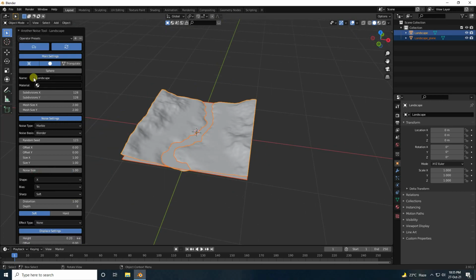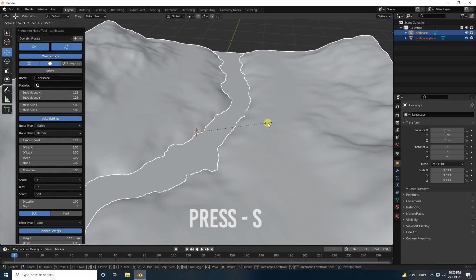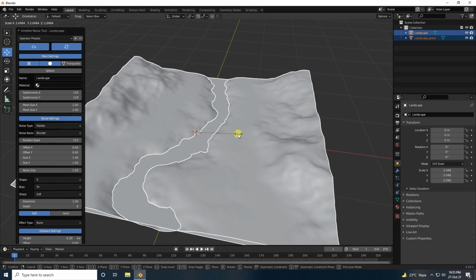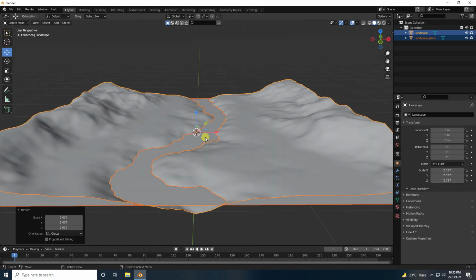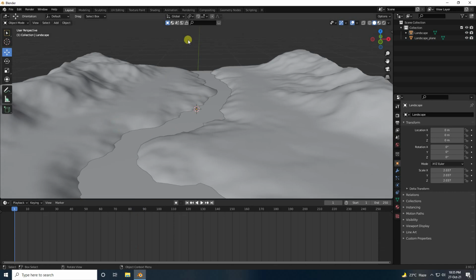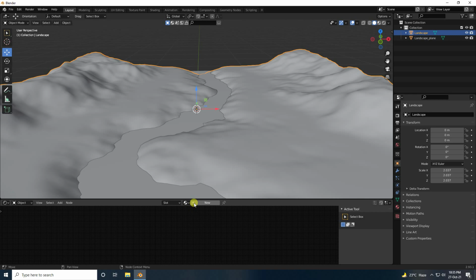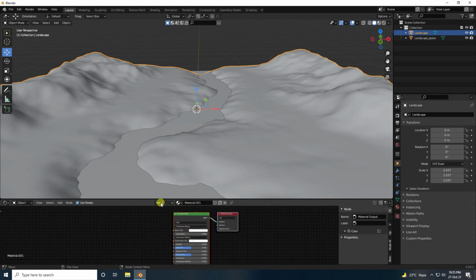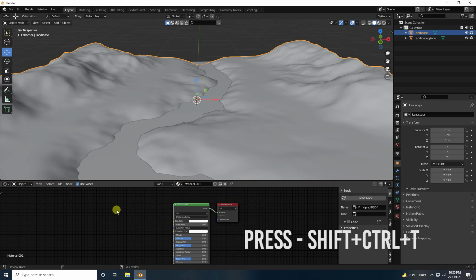Okay, so guys, now increase the scale size. So press S, increase the size like this, scale size 2 is good. Yeah, it's good, right? Okay, so now guys, I apply a simple material. So click on here, this one, first one, and go to the Shader Editor and create a new material like this. Yeah, I have some material. So select this material, tap and press Ctrl Alt T.